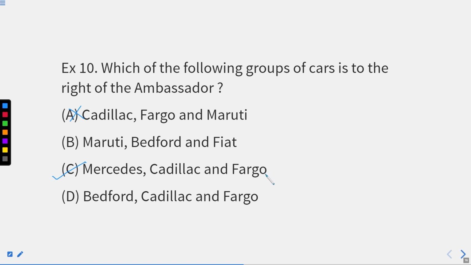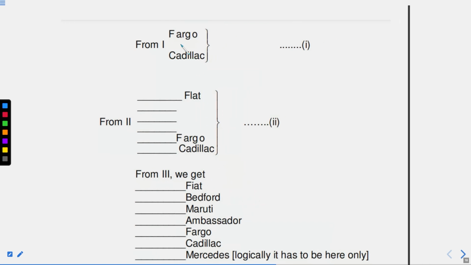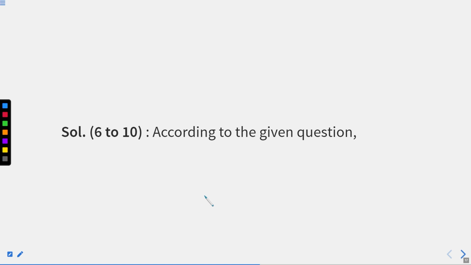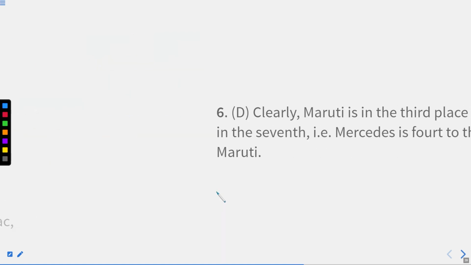As soon as you are able to make the diagram correctly, in case of both sets of questions that we did, that is the first 5 questions and the second 5 questions, we have a different set of instructions for each 5 questions. So as soon as you are able to understand the instruction, make sure to make a correct, neat and clean diagram for the same. After making the diagram, here you can see we have already made the diagram, and as soon as you are able to make the diagram, you are able to answer the given question correctly. Here I will revise all answers for you again.